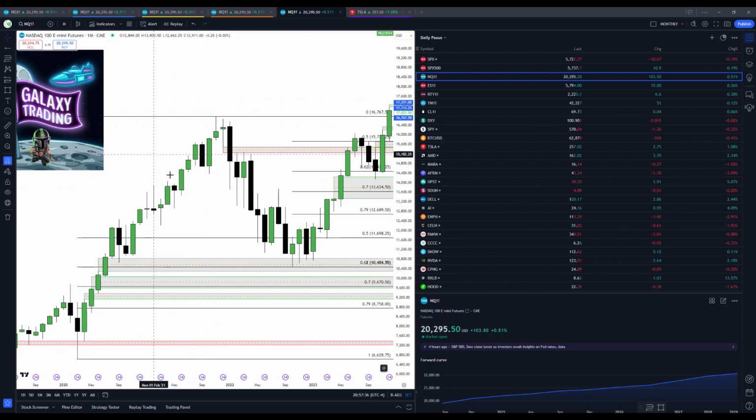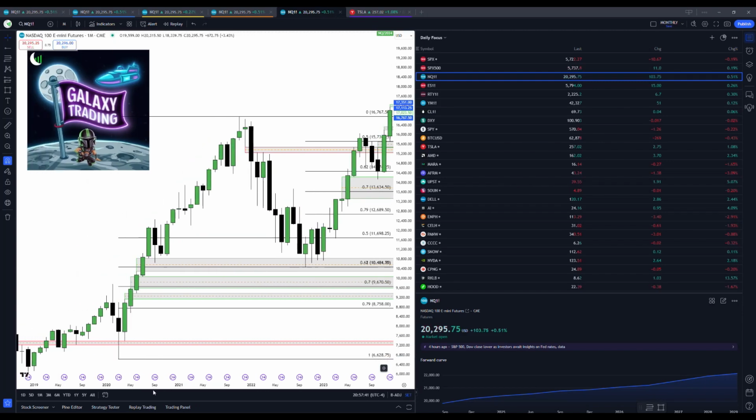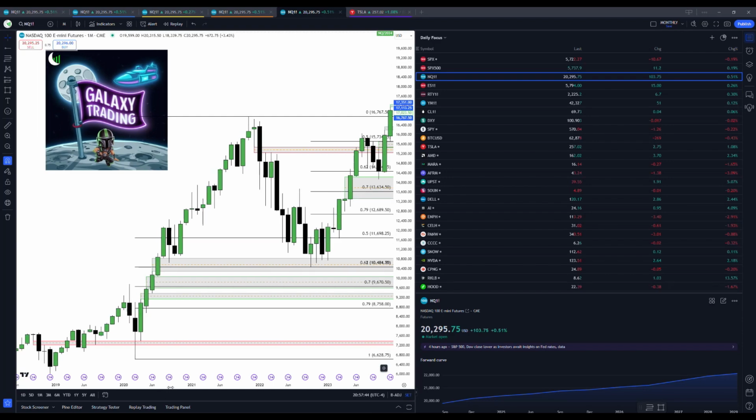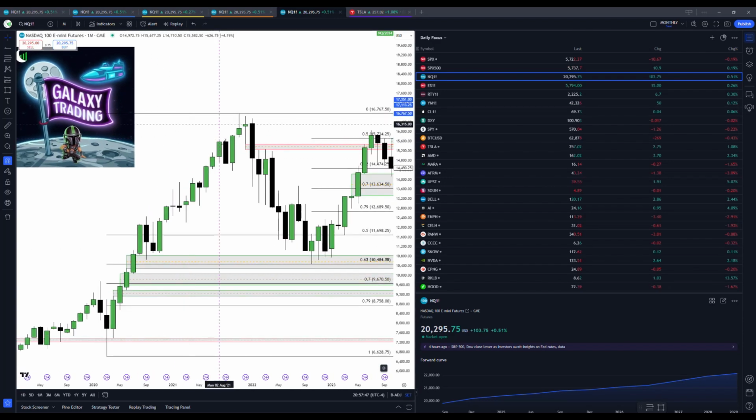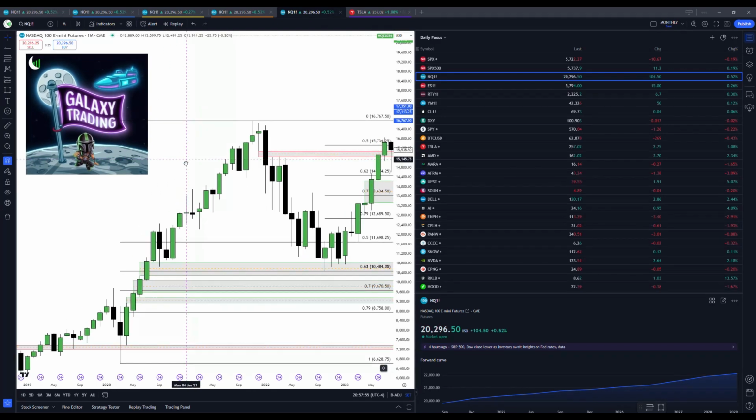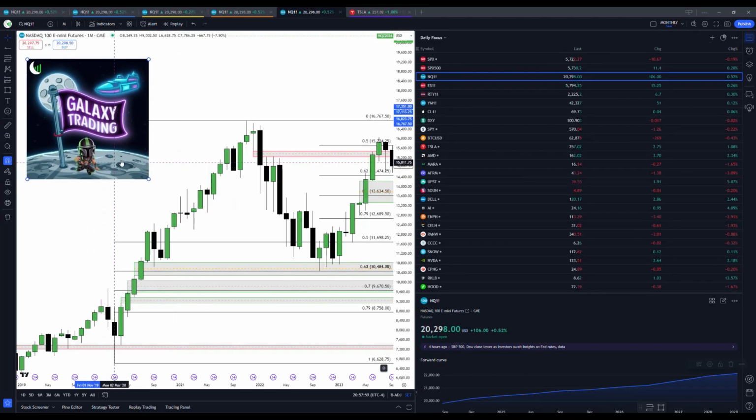Now, how do we know which pool of liquidity the market is going to target? Is there a way for us to feel really good about it, right? And if you're here, you've probably seen me post stuff on Twitter, and the only way I'm posting it is if I feel really good about it happening, right? I don't want to be throwing out losers left and right. That component has actually helped me become better, because if it's not clear as day, I'm not going to post it, because I don't want a bunch of clunkers and idiots attacking me all over the place. Unless it's really high quality, I'm not really going to put it out there.